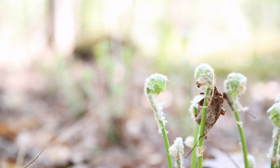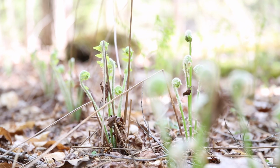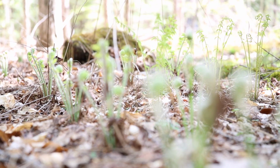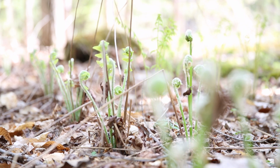I found this area where we have a lot of baby ferns that are just coming up. Baby ferns are called fiddleheads, when they're curled like a little fiddle that you play. They're very cute, very pretty, and they're fuzzy, and they make great photo subjects. So I'm going to take some pictures and talk through what I'm doing, why I'm doing it,